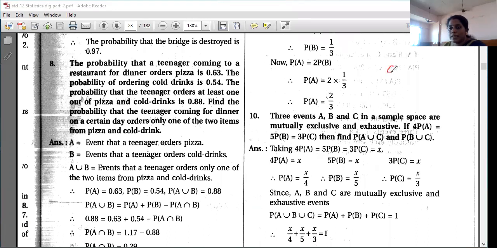Suppose A equal to B, A equal to B equal to C equal to 2. So what we will consider, see children, this is an important thing that you have to understand. A equal to B equal to C equal to 2. So what it means? The values of all the three things are equal. That is A also equal to 2, B also equal to 2 and C also equal to 2. So this means the values of A, B, C are equal, that is equal to 2.